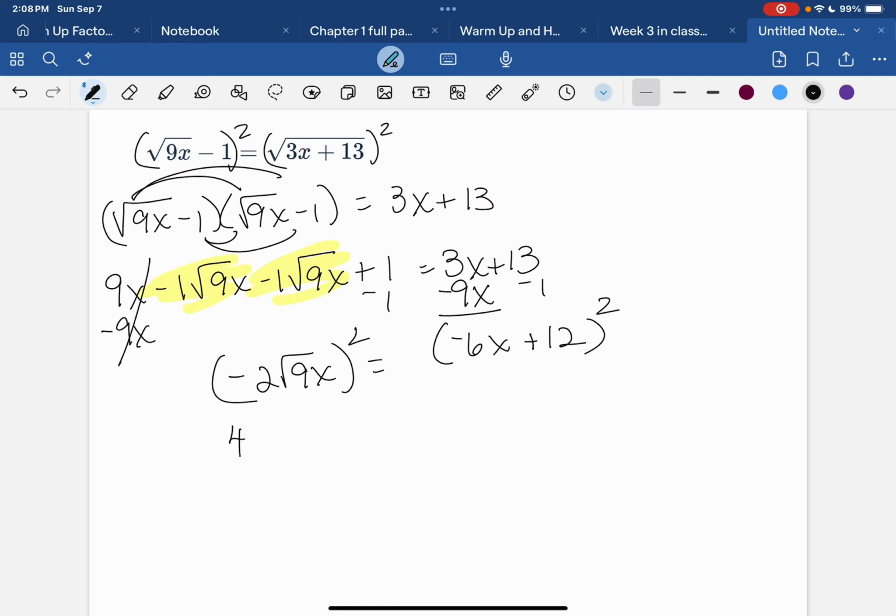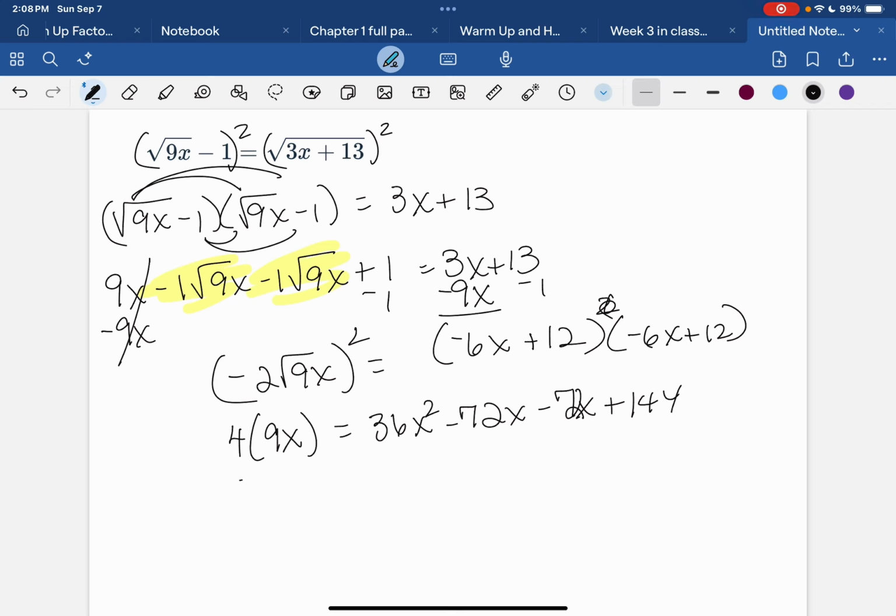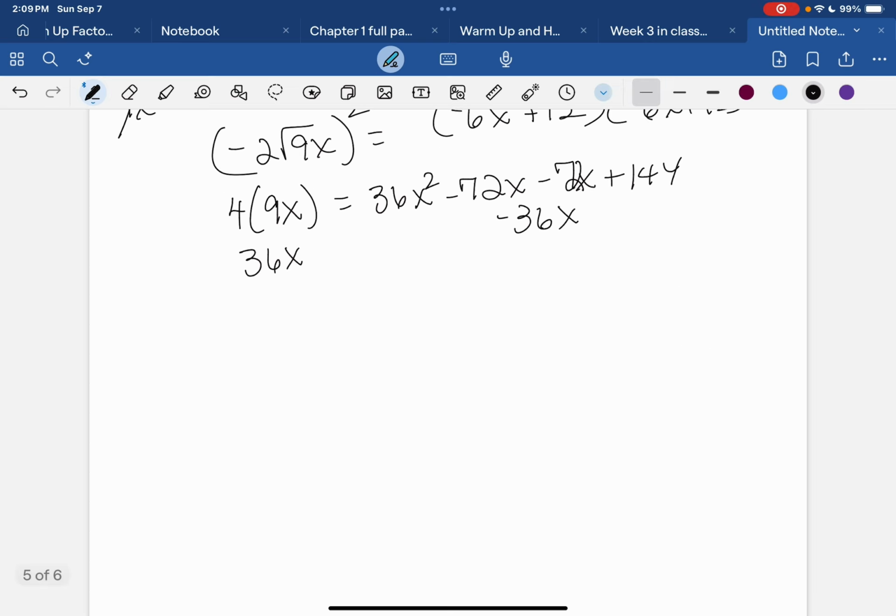So that's 4 times 9x equals, if I write that twice and foil it, that's going to be 36x squared minus 72x minus 72x plus 144. That's 36x, so I would minus the 36x. So that gives me 0 equals 36x squared minus,